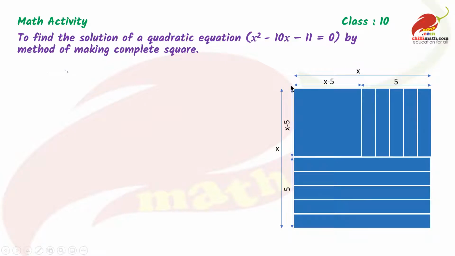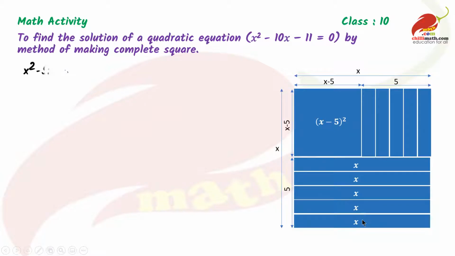The whole square with side x, we split into these parts, that 5 strips of length x, because this length is equal to length of the square and this side is equal to 1 unit, so that whole area is equal to x, and combinedly area of these 5 strips equal to 5x. From the total x, if we subtract these 5 units, we are left with the side x minus 5. Same on this side, so this length remaining is x minus 5. So area of square is, this part is x minus 5 whole square. This is the area of each strip.